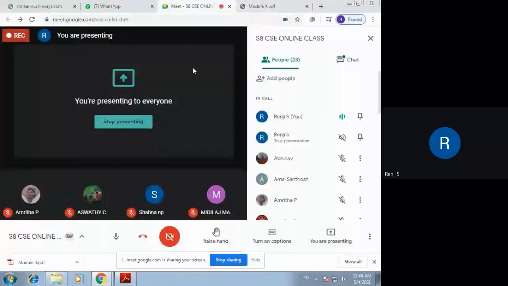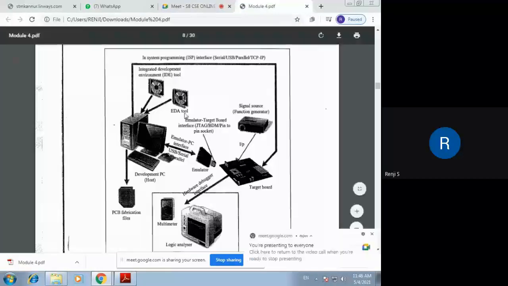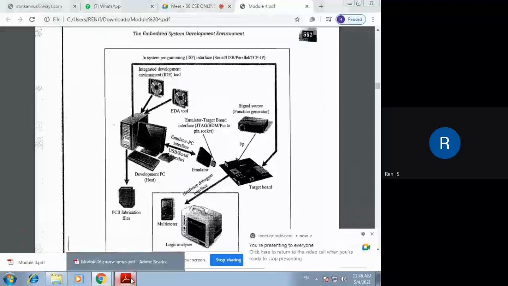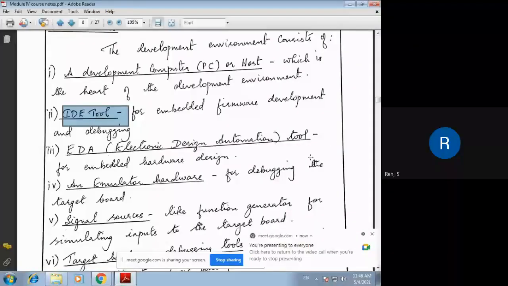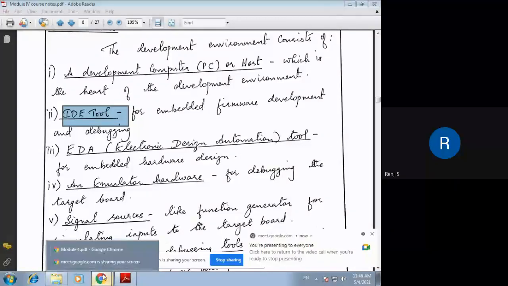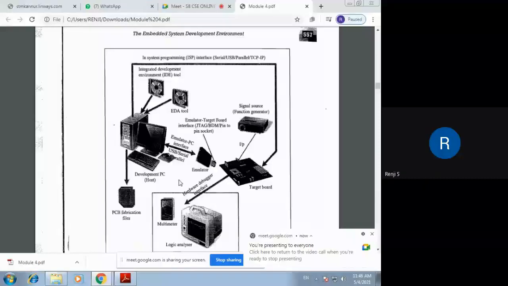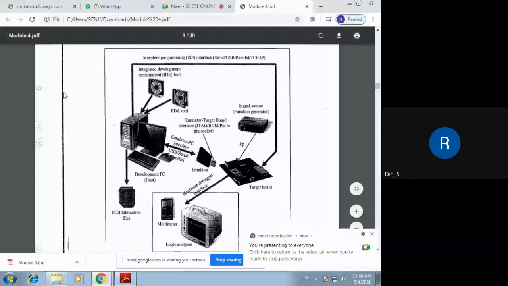Then you have another component called the EDA tool. EDA tool, electronic design automation tool, is used for automated development of hardware design. Using the EDA tool, you can design the hardware components of the system.